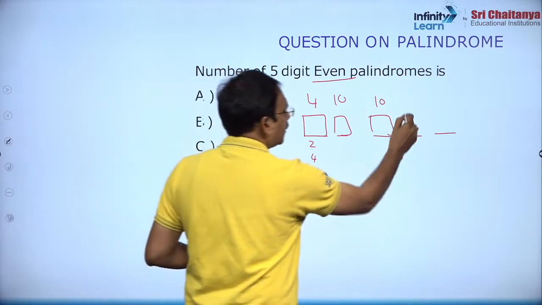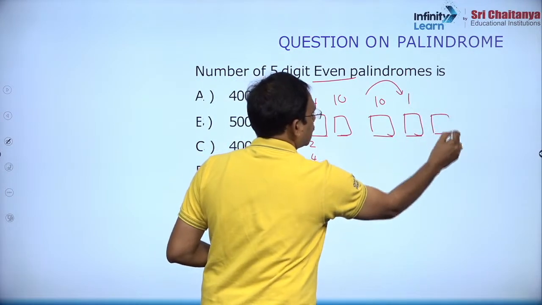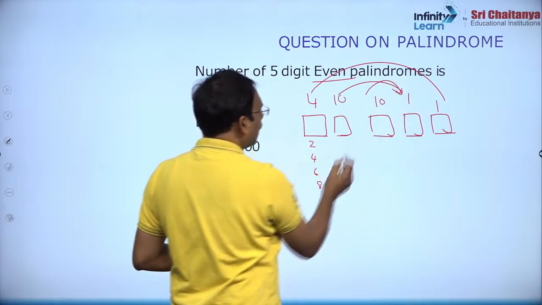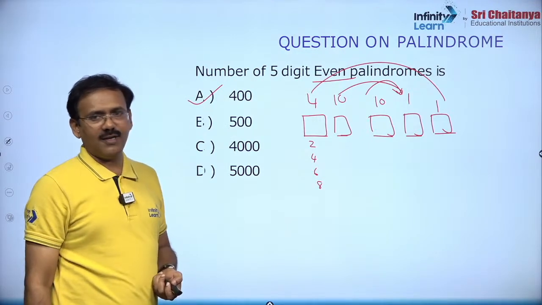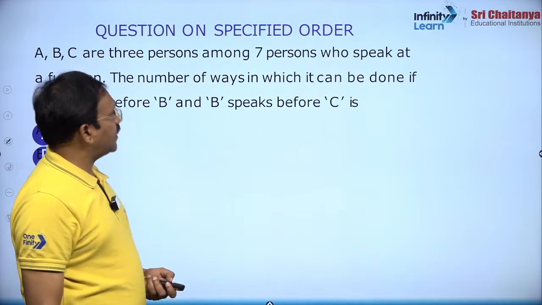सो दिस विल हैव ओनली वन वे, क्योंकि यही कॉपी करना पड़ेगा। ओके, इसलिए आवर आंसर इज गोइंग टू बी 400 बच्चों। 400 इज द आंसर।